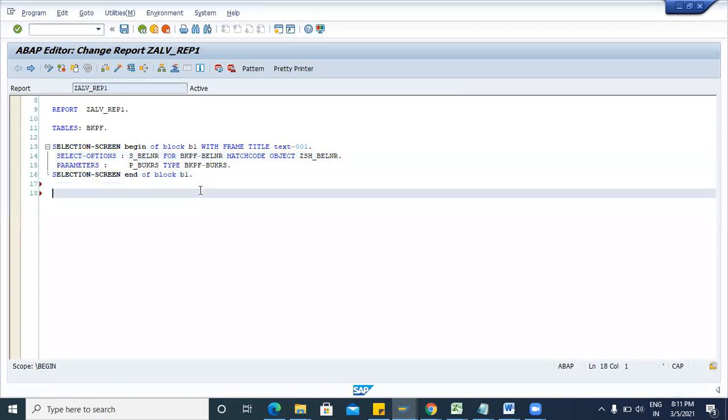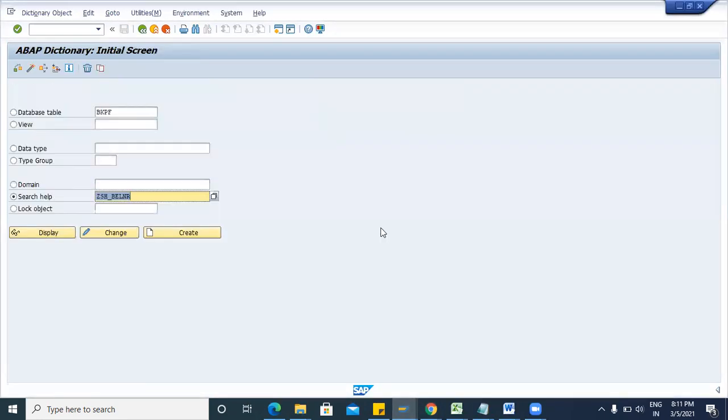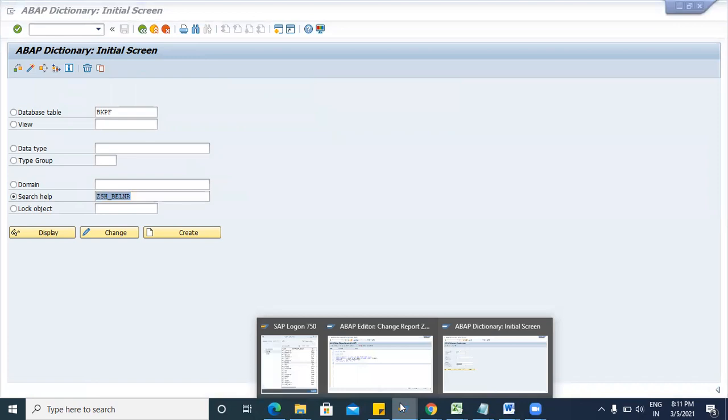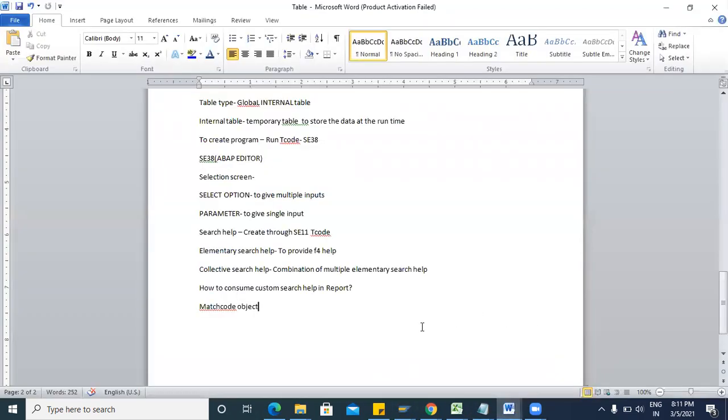So now the next point is how we can fetch the data from the tables. Now your search help point is also clear. Now I will explain you the types of events in the reports.